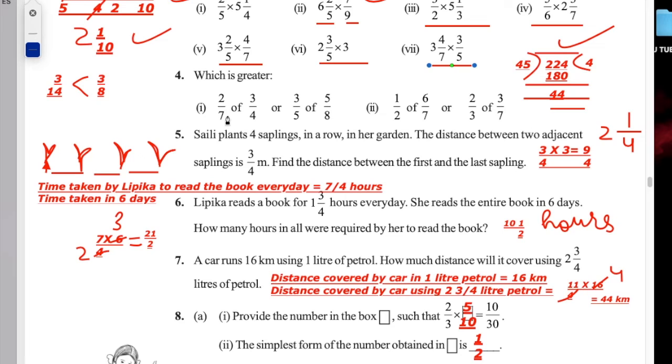As you all know, the meaning of "of" means multiplication. So here we will write a multiplication sign. When you solve, 2 2s are 4. This 4 will be cancelled by this 2. So it will be 2 2s are 4. So what you will get? 3 by 7 2s are 4. You will get 3 by 14.